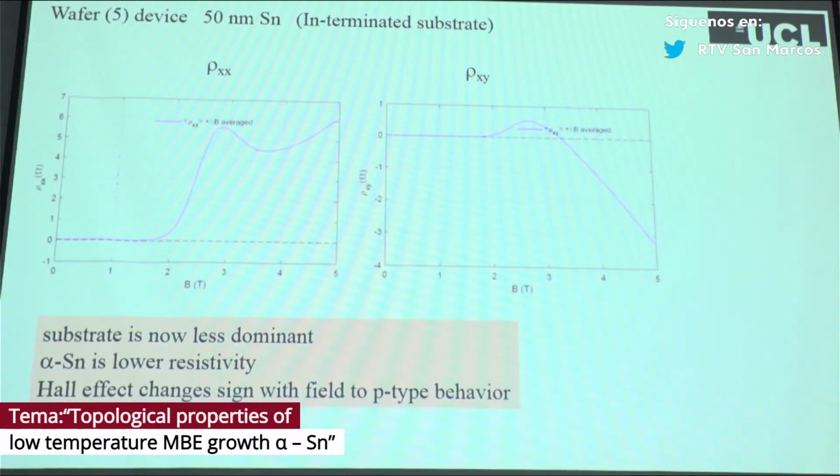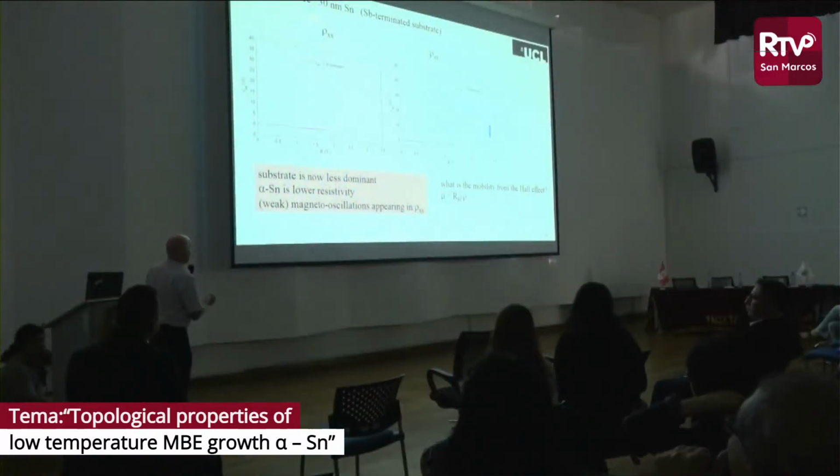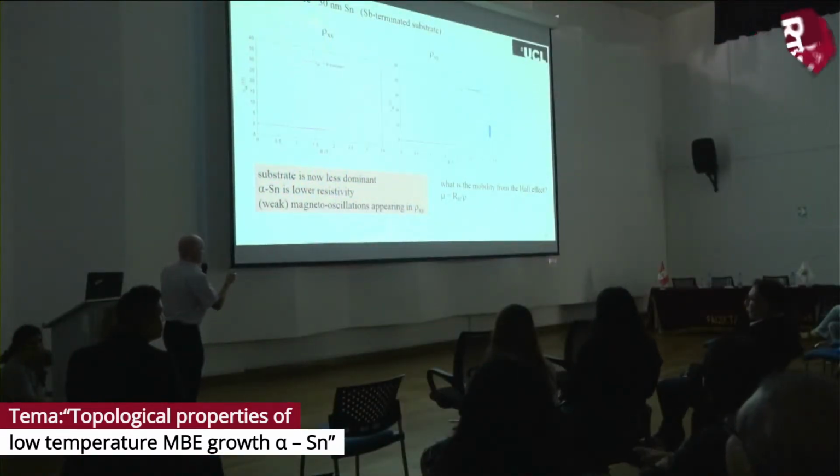This is a slightly thicker device. Rho XX starts to show this unusual behavior. Rho XY again shows this. It's starting positive and then goes over to being negative. So whether that's really a crossover induced with field, I'm not sure. We're trying to model this with N and P carriers. You have to make assumptions about their mobilities. Okay, so that's ongoing. But we're starting to see now that the substrate is less dominant. Moving on to the antimony terminated